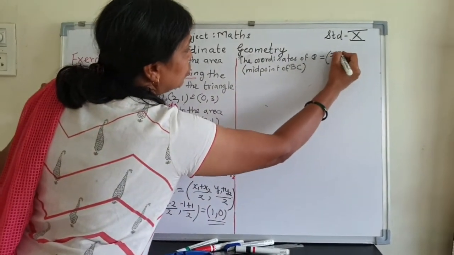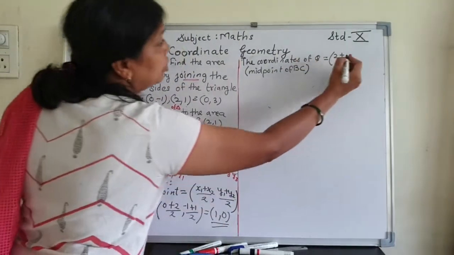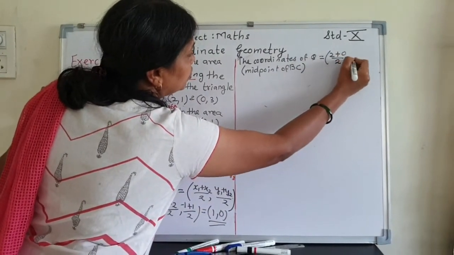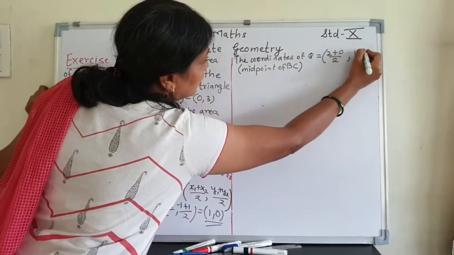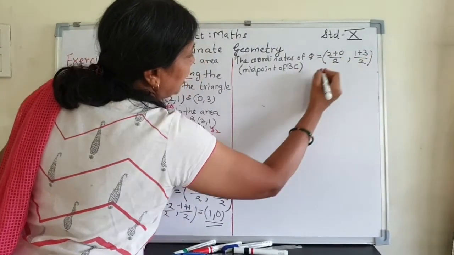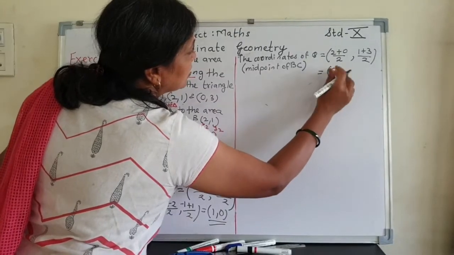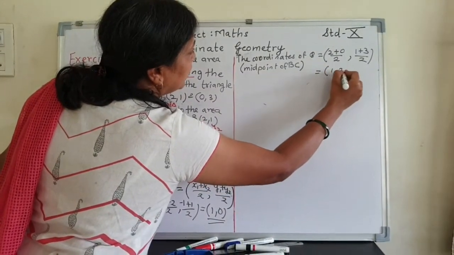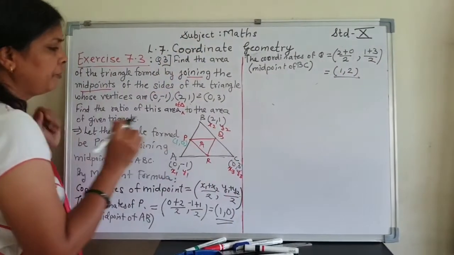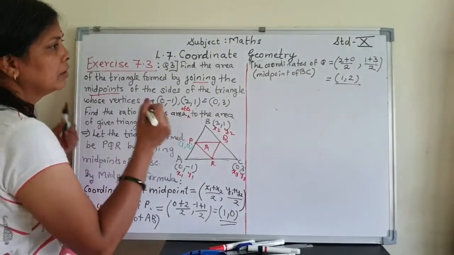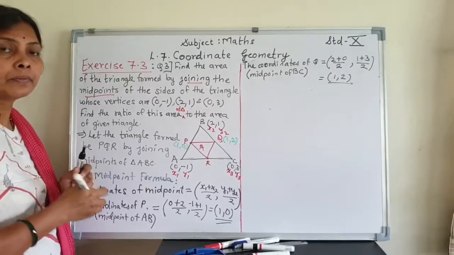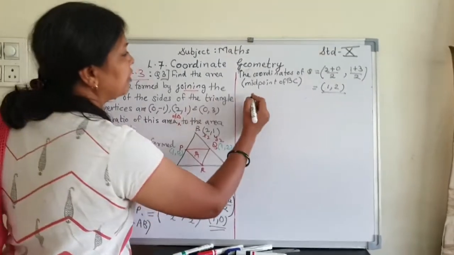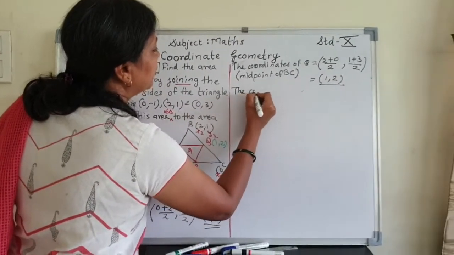It is (2 + 0)/2 and (1 + 3)/2. So finally we get 1 and 2. The coordinates of Q are 1 and 2. Next, similarly we will find the coordinates of